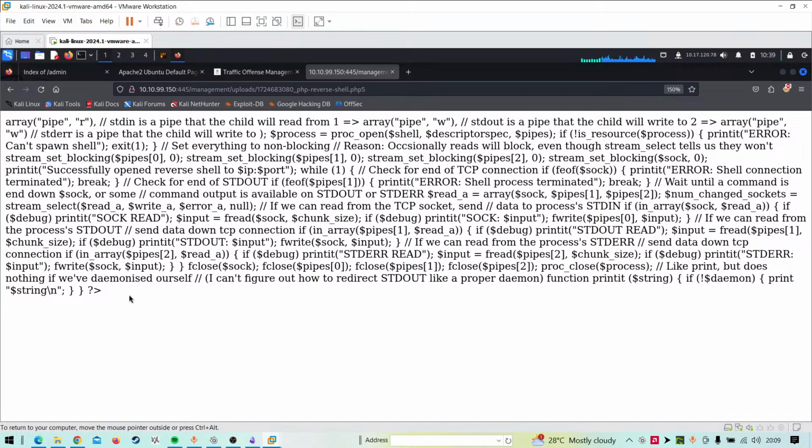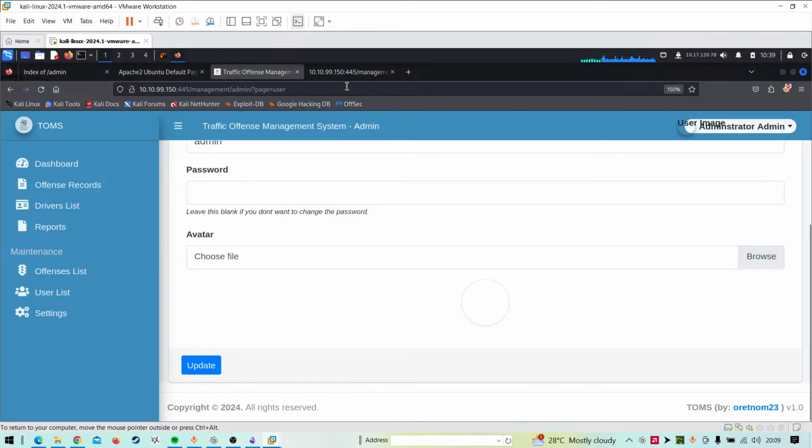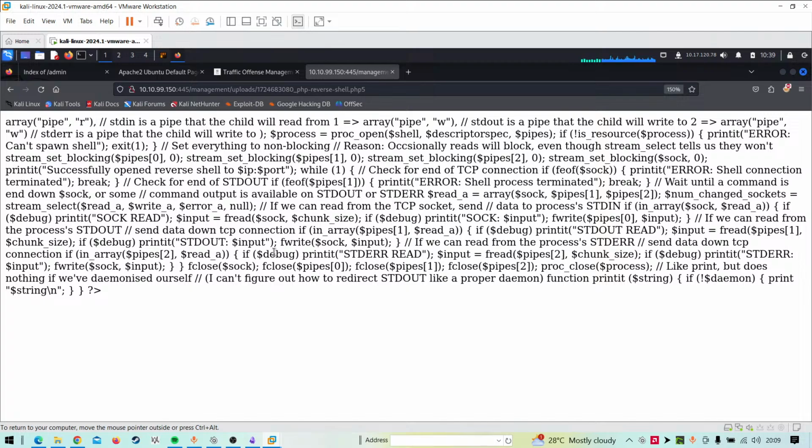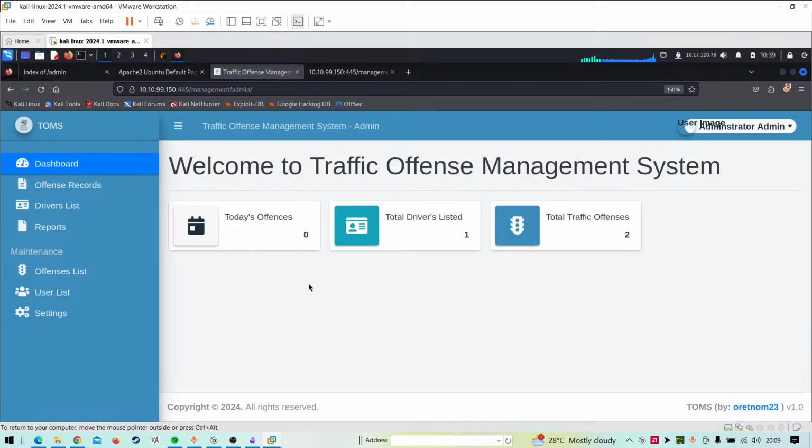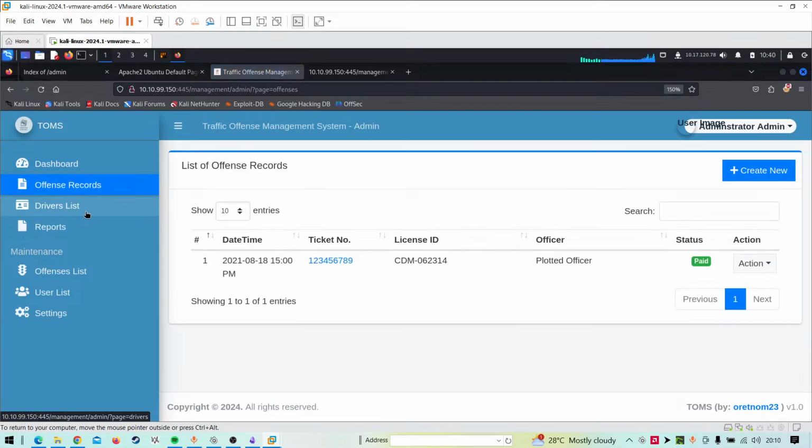PHP5, we couldn't get a reverse shell. So what else we can do is change the file type. There are a lot of ways you can do that. Or maybe I can explore the platform a little bit more.